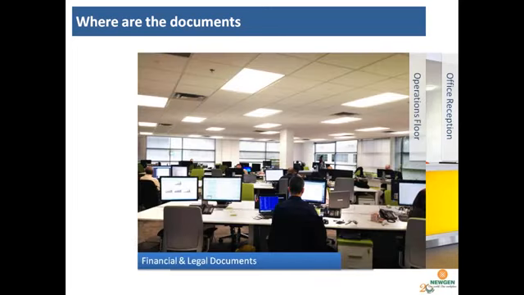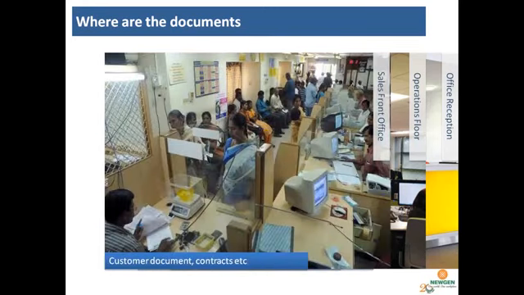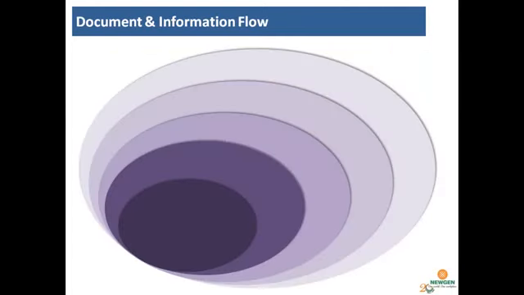See, mails, our emails, office documents, etc. Financial and legal documents, operations, sales front office, customer documents, very important, where the documents are very prone to loss in transit where we face the customer. So this is a typical scenario of a bank branch, we have seen it. New business applications, identity documents, address proof documents, when you visit a customer. So documents and information flow.